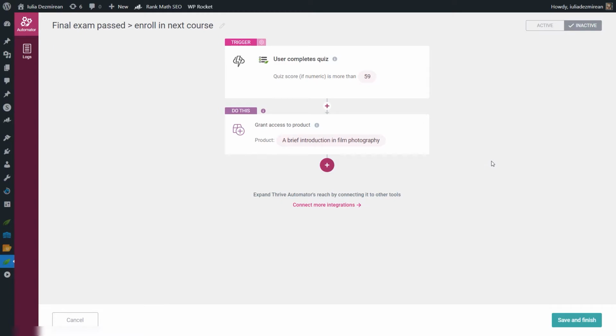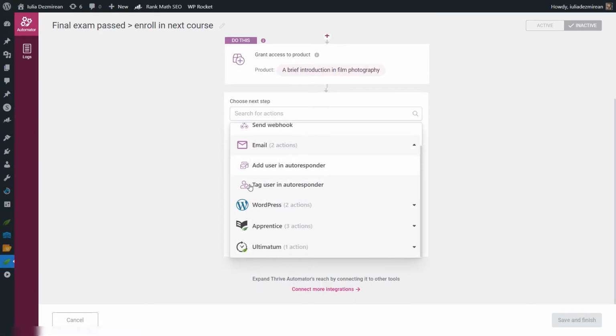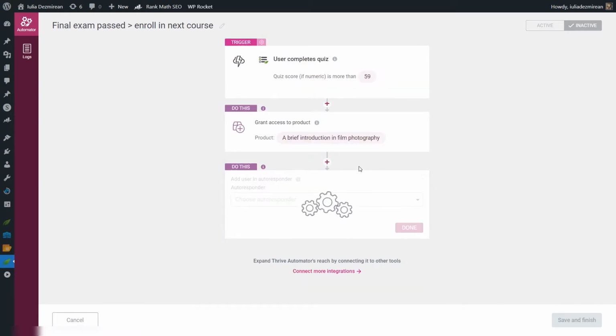And this way you can create a setup in a way that the automation will also notify the users via email, for example, if they have passed the test and successfully been enrolled into the next course. So that can easily be done by clicking on the email action category here and choosing either one of these options. I'm going to go for the add user in autoresponder one,